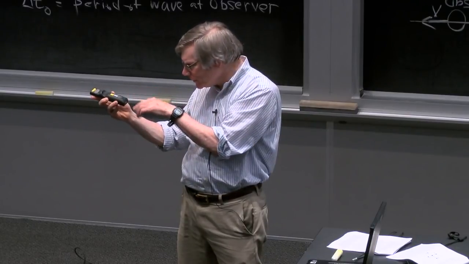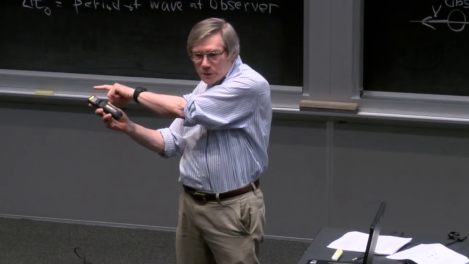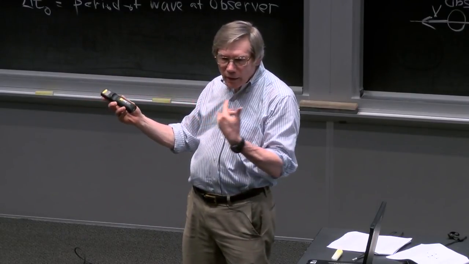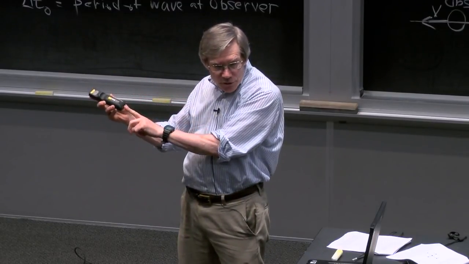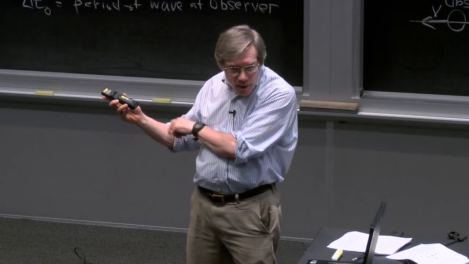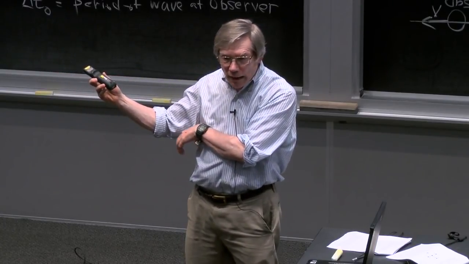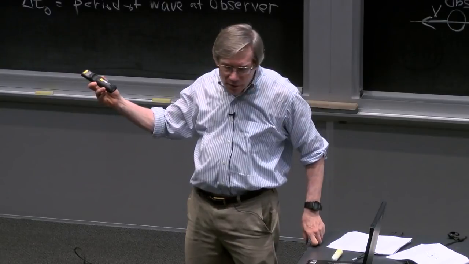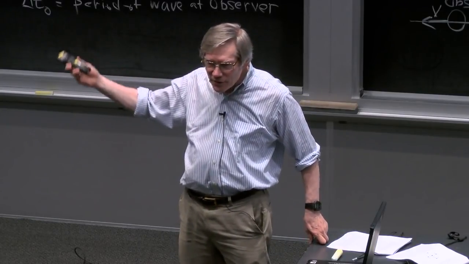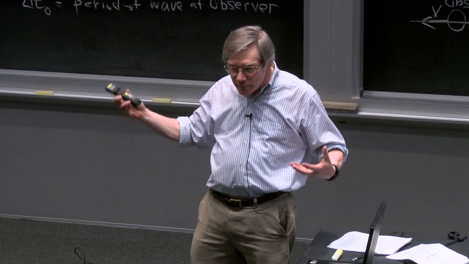Actually, the other way around. I'd be seeing the back at an earlier time, because the light that leaves there at an earlier time would take longer to reach my eye, and reach my eye at the same time as light which leaves the front of the object later. So the point is that as this is coming toward me, I'm seeing different pieces of it at different times in terms of the actual existence of this laser pointer. And that makes things complicated.